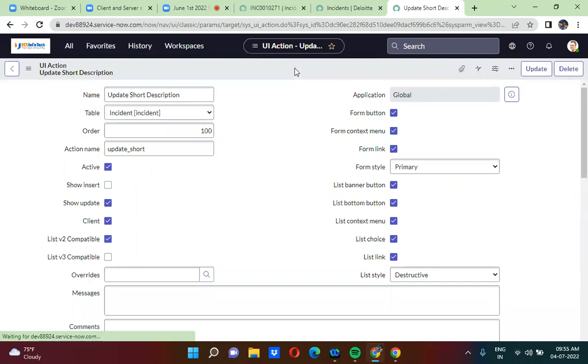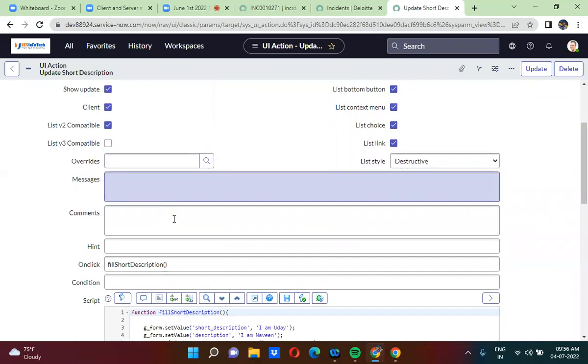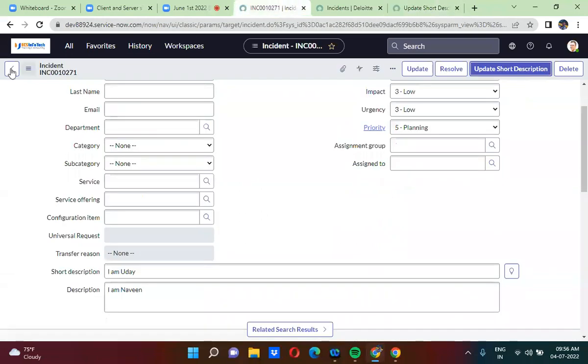We can make UI actions work in the client side, guys. How do we make UI actions work in the client side? By checking the client checkbox. Once you check the checkbox, it will work only in the client side. So here in the UI actions, you can move from client side to server side by specifying the GSFT submit function. Okay, so here, if I refresh this one,